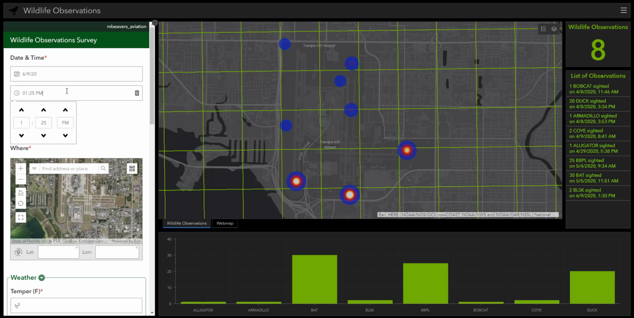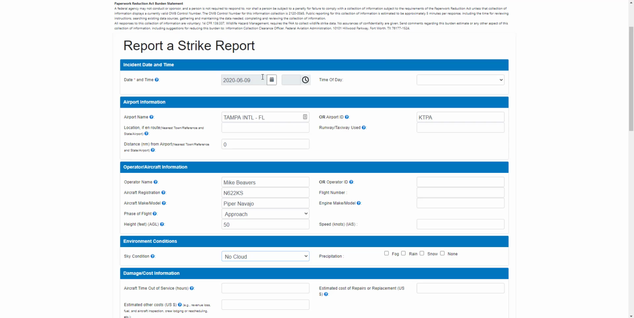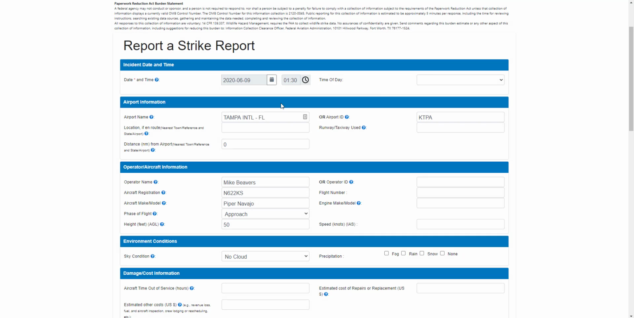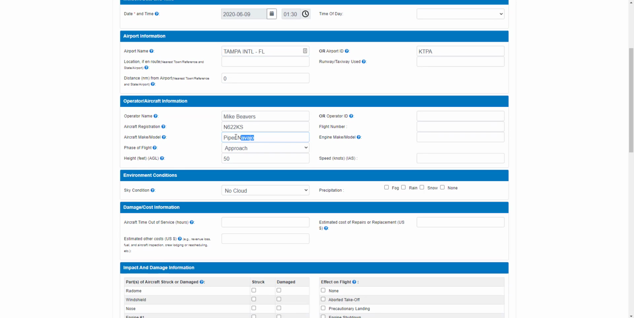So let's conduct one more observation, and it's going to be at this date and time. In this case, it's a bird strike, so what I can do is through the form connect directly to the FAA's bird strike database and then update that automatically. You can see that the information I just populated into the form, and then the issue in this case was